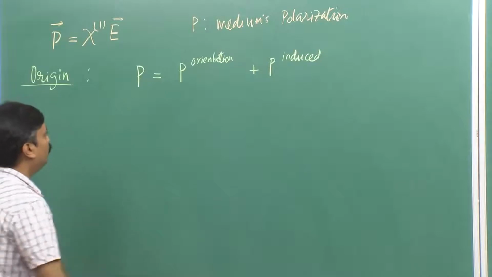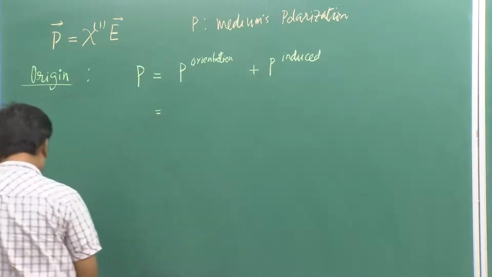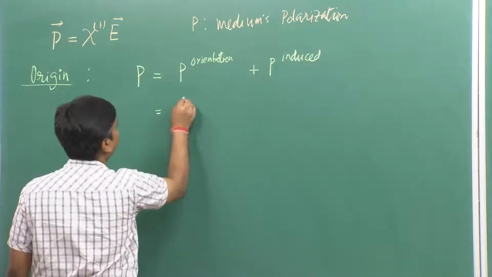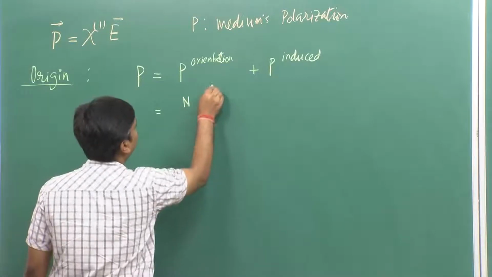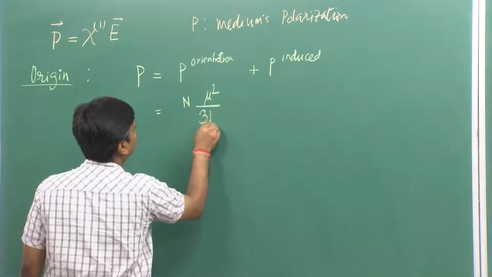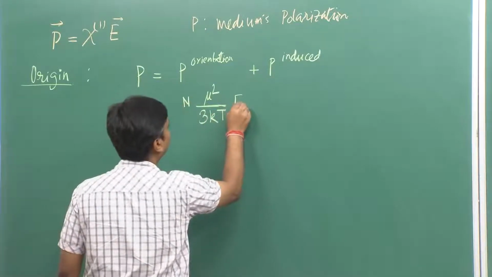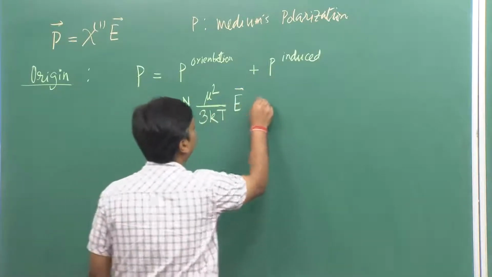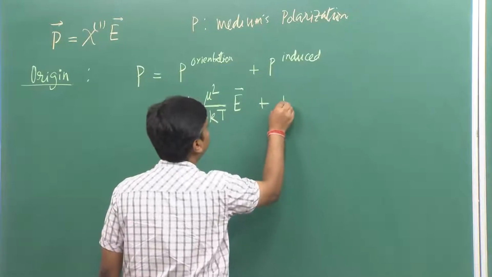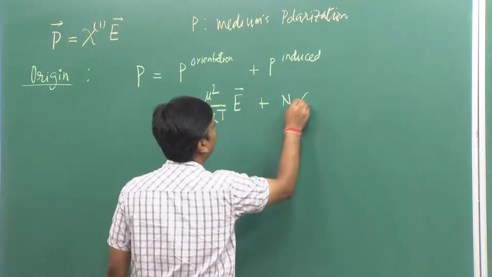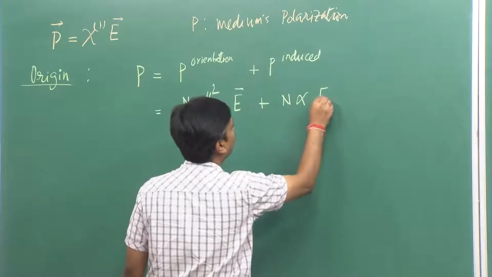This one, as we know, is given by n mu square by 3 kT multiplied by E, and this one is given by n alpha E,